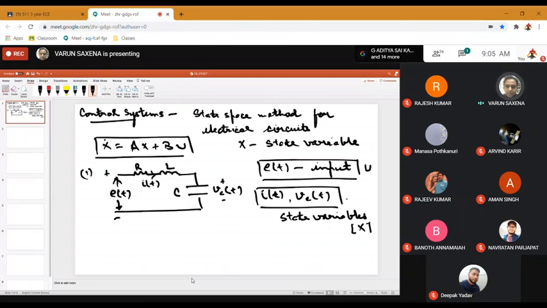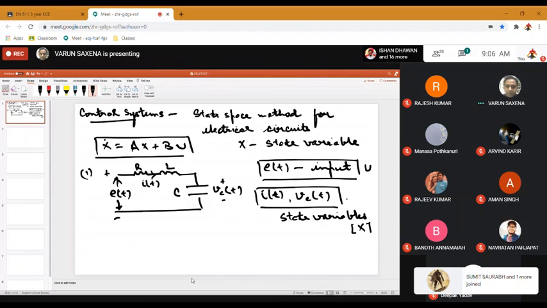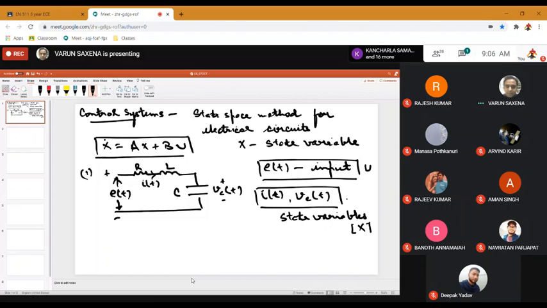Now we know that the circuit equations are going to be in the first order of current and voltage, because we know that in capacitors we have current varying as C dV by dt, and because the governing equation in a capacitor is Q equals CV, the current is going to be C dV by dt, because we are considering that the capacitance is constant, it does not vary with time. So this is the governing equation of current and voltage in a capacitor.